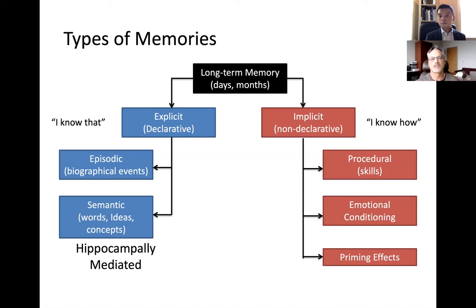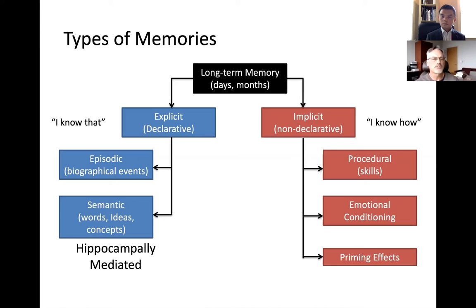What about the implicit stuff? Is it very important? One of the things I like to ask the students is, if you have a patient with Alzheimer's disease and they don't ever remember talking to you, or they don't remember seeing somebody just 10 minutes later, does it make sense to do physical therapy with those kinds of patients? And the answer is yes, it does actually make sense to do physical therapy with them. And the reason is because you can work on the implicit memory system rather than the explicit memory system.